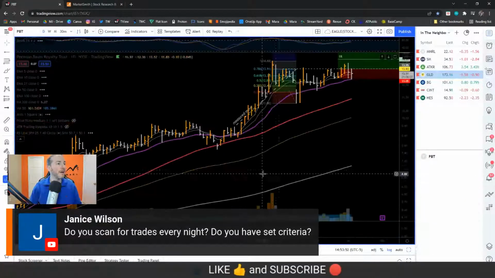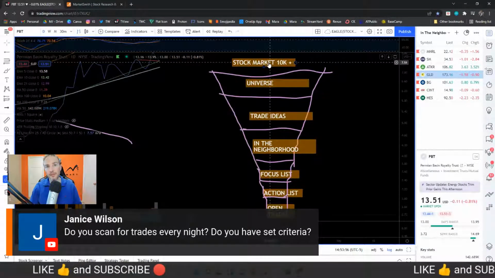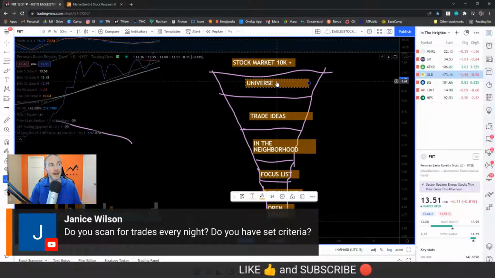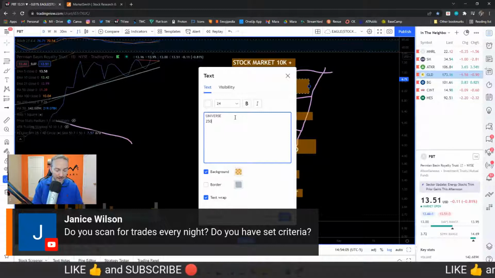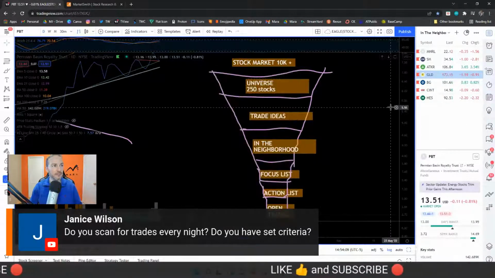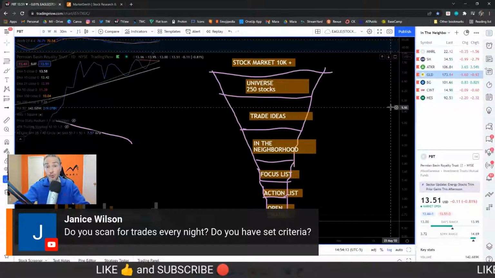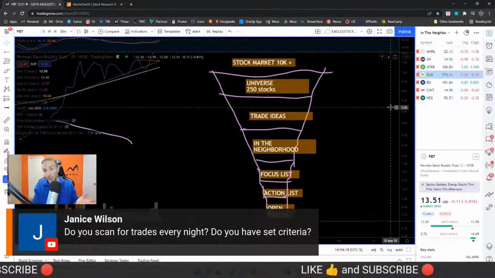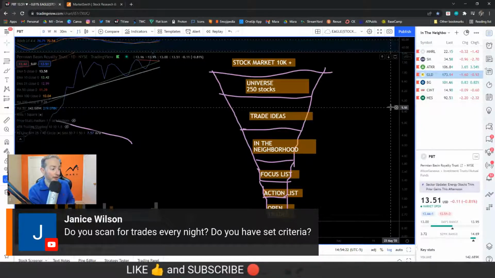all of the daily screens that I run did not run on the stock market. Not all 10,000 stocks. They only run on the universe list. And right now, my universe list is only about 250 stocks. That's it. And so I run loads of fundamental screens and distill the entire market down to a core following that meets my criteria,